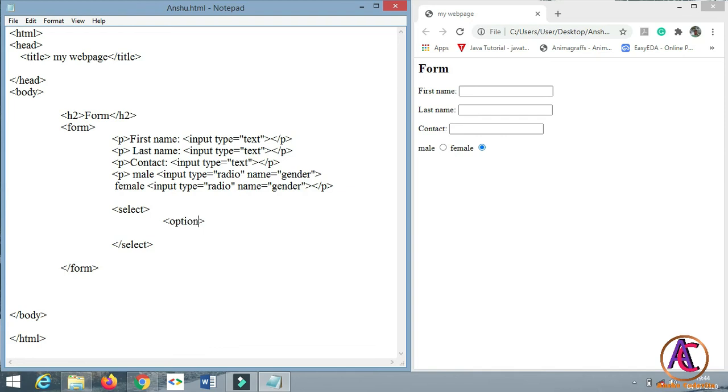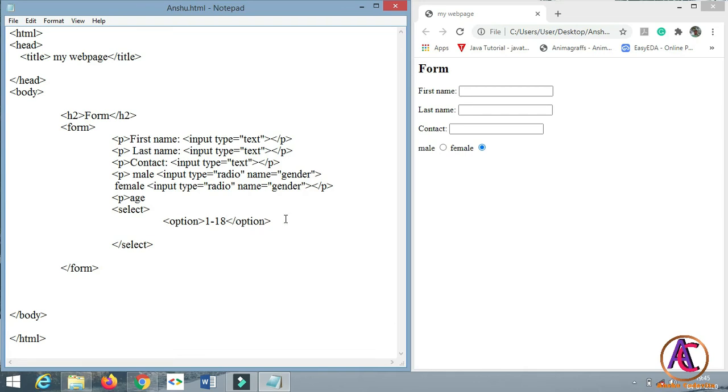So let's first ask a question to the user. To ask a question, we have to create a paragraph and give the name as Age, so that the user can select an age range from there. So type option from 1 to 18 and close the option tag.